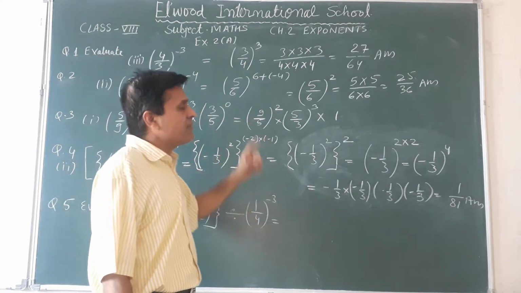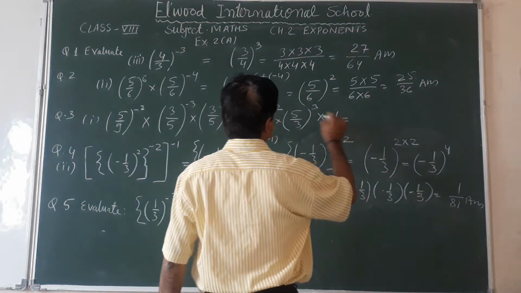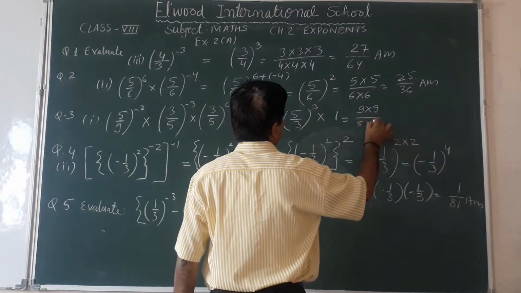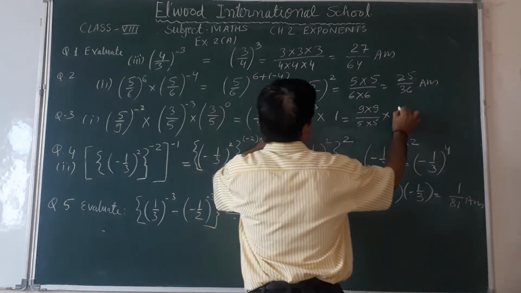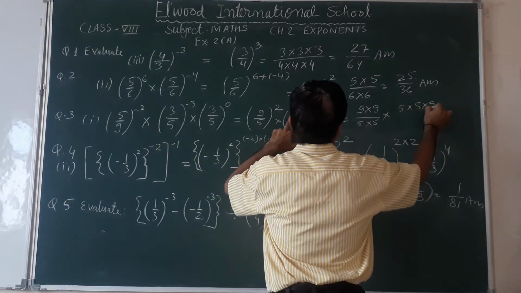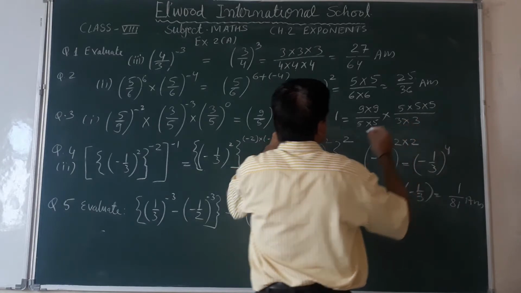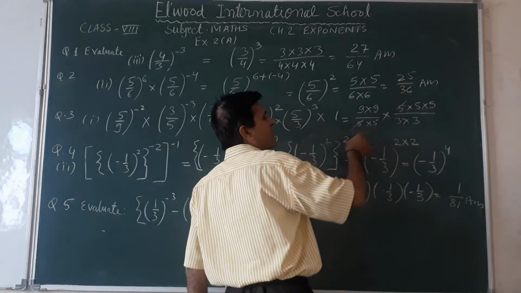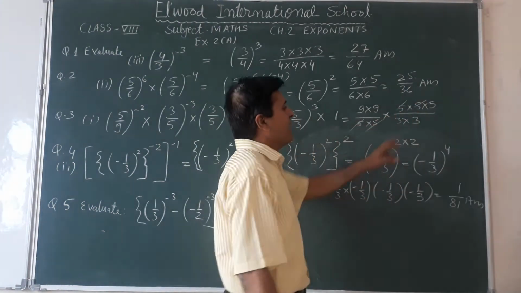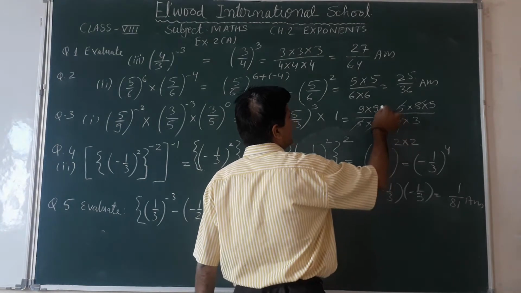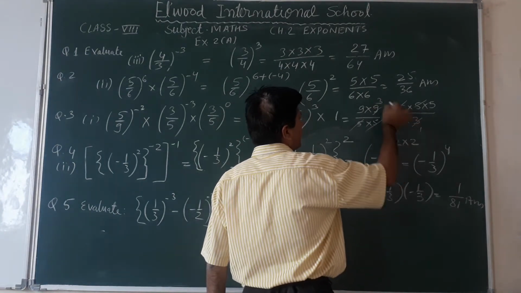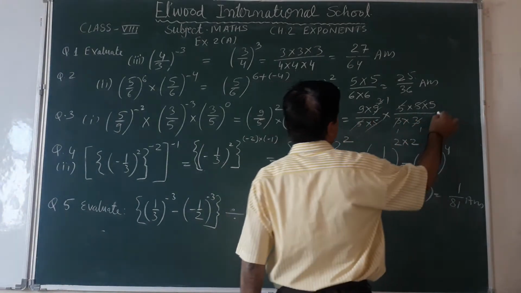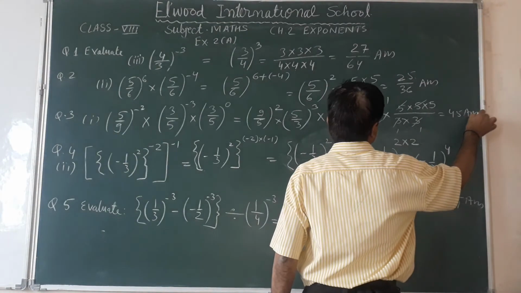So what I do here, I will multiply 9 into 9 divided by 5 into 5, and here I will write 5 into 5 into 5 divided by 3 into 3. Now I can cut numerator and denominator. 5 cancels with 5, and again 5 cancels with 5, and 3 remains, 3 and 3 3s are 9, again 3 remains 3 and 3 remains 3. So the answer will be 9 into 5. So 9 5s are 45 is the answer.